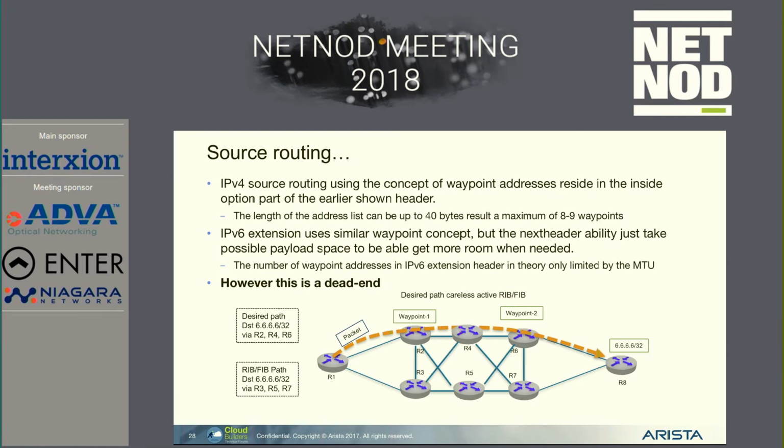So what to do then if I have an IP network and I want to control my paths? In V4, we'll talk about this sort of a 40-byte header, which means roughly somewhere between 8 or 9 hops, which is pretty good. In V6, you could do as much as you like, but this is a dead end. I don't know anyone that's using it, particularly not in a data center, based on just an IP packet. Not even Peter Löfberg would try to do this, right? So